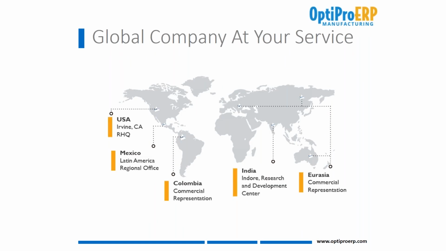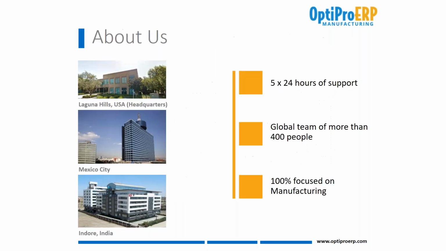We're worldwide, which is important for growing companies. Today you may have one location sitting in Wichita, Kansas, and hey, tomorrow you may have a European location and all of a sudden start manufacturing in China. Good to know you can be supported around the world with a global solution. As a team, certainly we have 3 locations. Well, we're showing you 3 locations on the map here, but we offer 5x24 hours of support. That's standard out of the box. You don't have to pay for that. If you want 7x24, certainly we are able to do that as well.